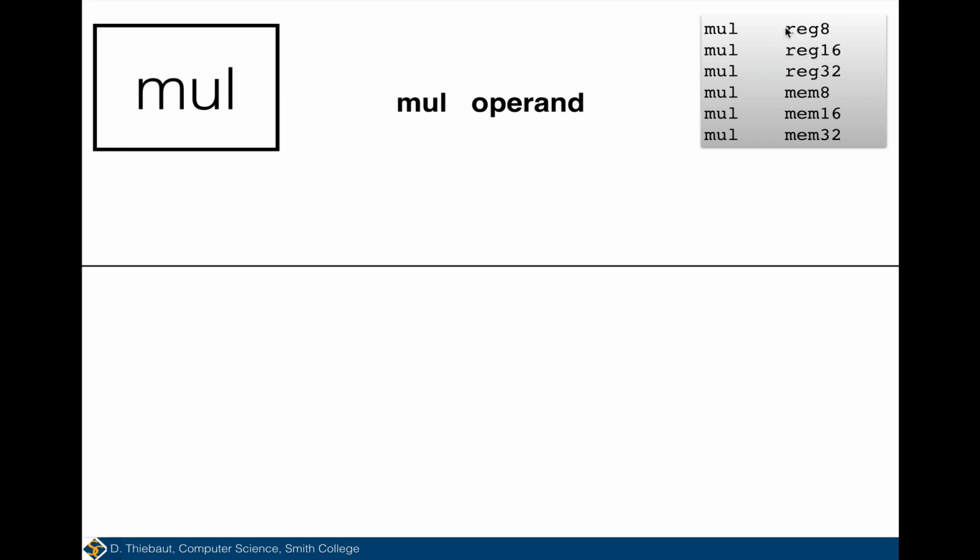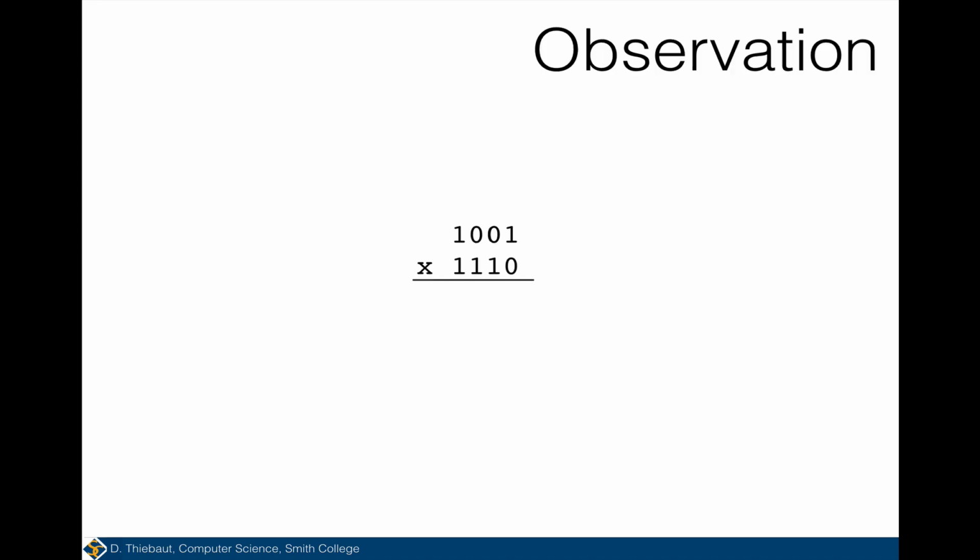All right, let me rephrase this. I can multiply 8-bit values in registers, or 16-bit values in registers, or 32-bit values in registers. Similarly, I can multiply information in memory that is a byte, or a 16-bit word, or a 32-bit word. All right, before we look at MUL, I want to take a little sidestep and show you why